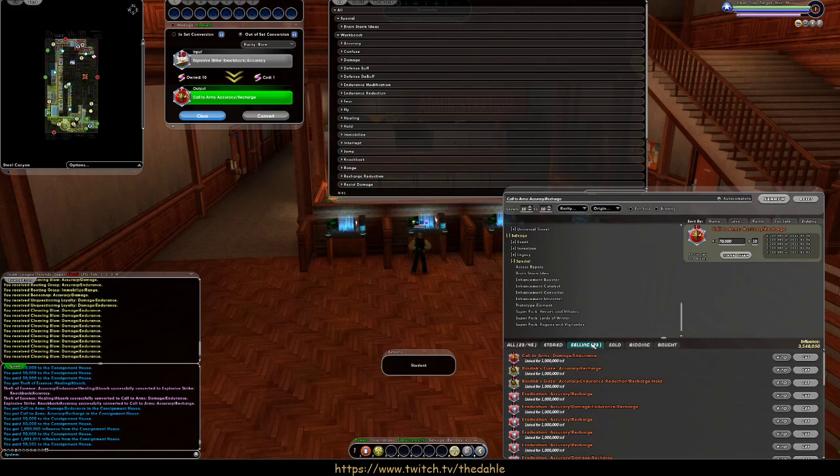We have 3.5 million influence right now. We can keep doing this non-stop. And if we run out of influence, we just have to wait for some of the stuff that we listed to sell. I've done this, spent an hour doing it before, and had 20 million influence, and on a level